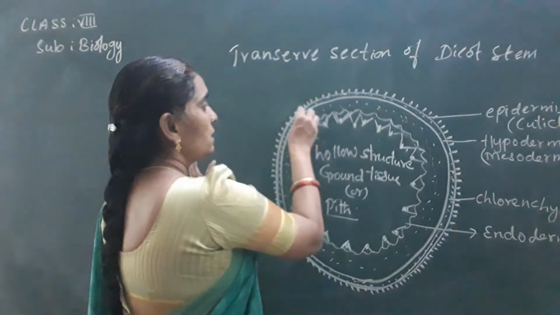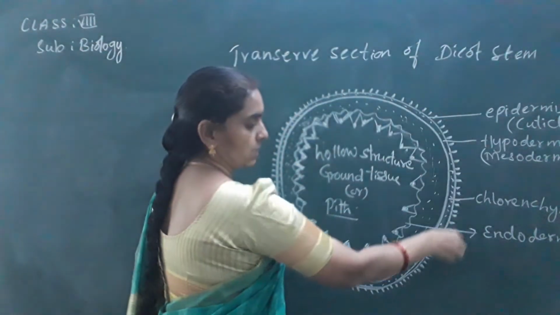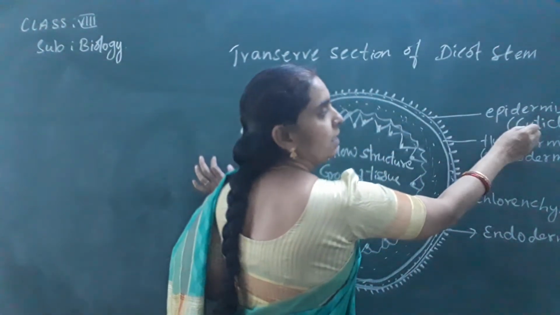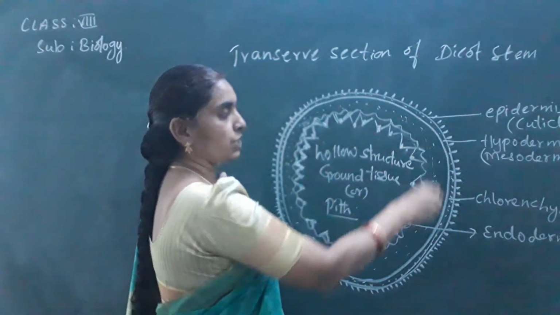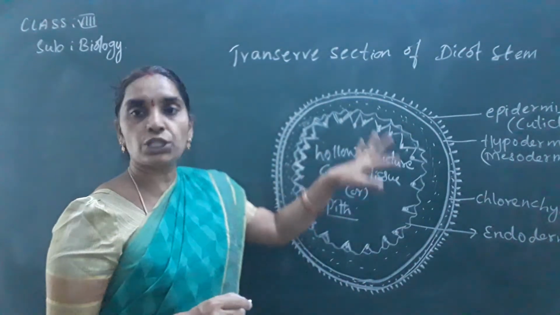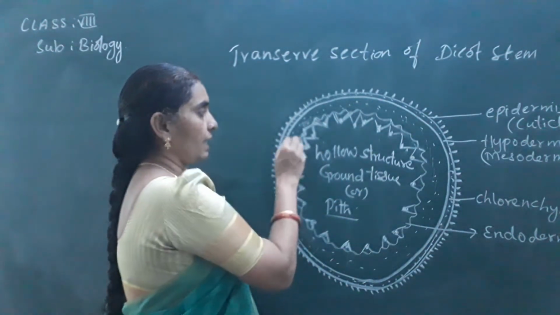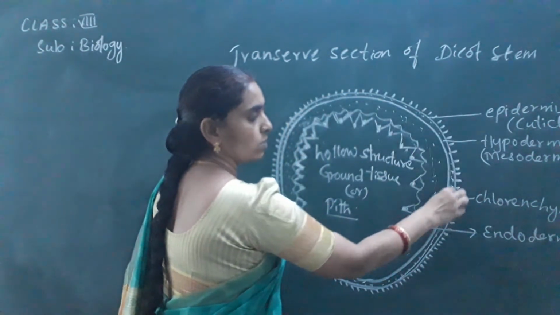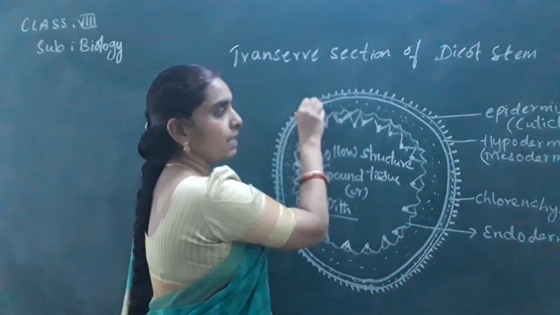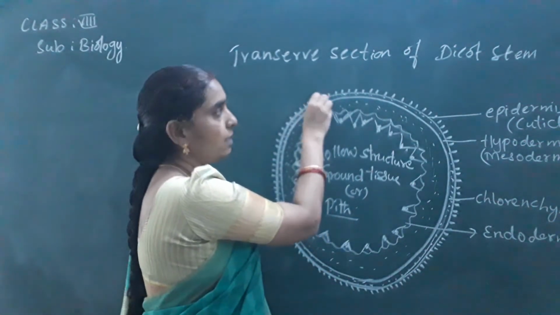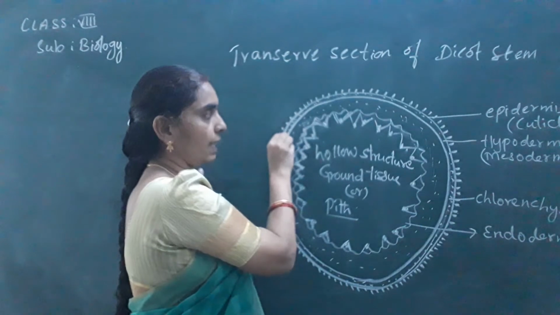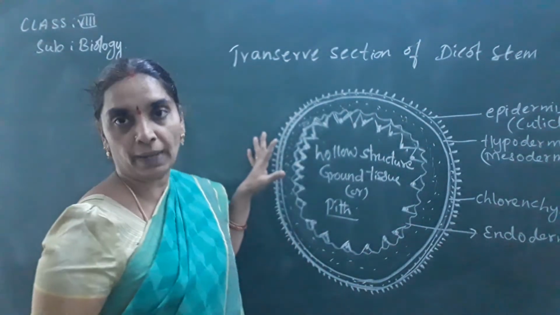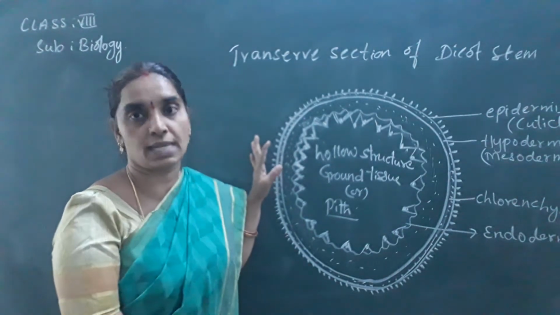Okay, and next. So once again I repeat, the dicot stem contains the three layers. The outermost layer is epidermis called cuticle. It gives the protection to the cell and size and shape to the plant cell. And next the inner layer, the middle layer is the mesodermal layer, also called hypodermis. In between there are parenchyma cells present inside. They prepare the food for the plant, in which the photosynthesis process takes place.